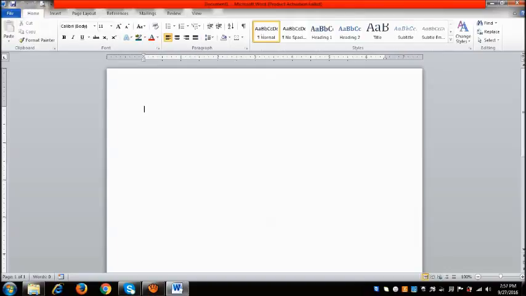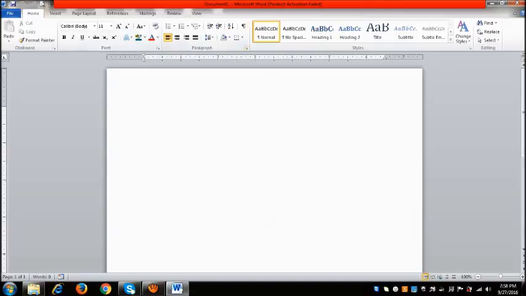And this ribbon is further divided into two parts: we can say the ribbon consists of groups and commands. Here we have some commands grouped together, like Clipboard. Clipboard contains the commands of the clipboard, like Paste, Cut, Copy, Format Painter. This particular area, this group, is named the Font group. This is the name of the group. This is the Clipboard, the name of the group. This is the Font, the name of the group. The Font group contains the commands related to the font.